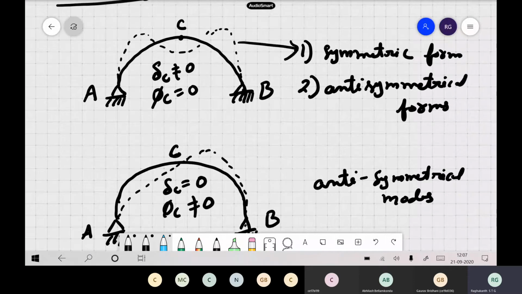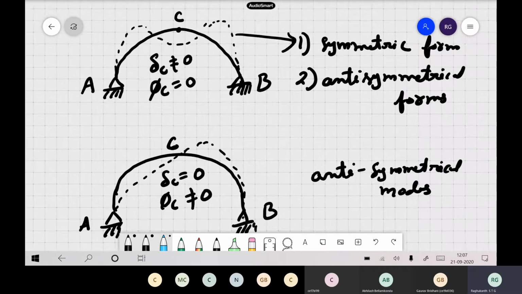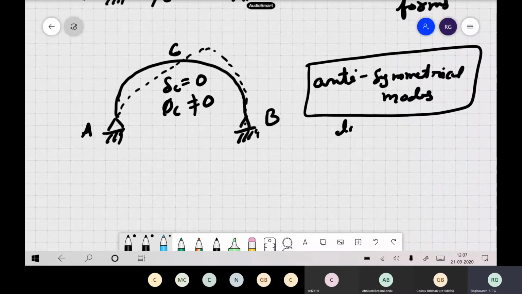Among these, see here, see how many inflection points you are having in the symmetric mode. You can see the shape of the arch is a complicated kind of shape, whereas in the anti-symmetric mode you have only this type of shape. But generally, of course, you can find it out mathematically also. So generally it is not the symmetric case, it is the anti-symmetric case that will give the lowest load. We can calculate it mathematically also. You can try with our equations itself for the lowest buckling mode. So this generally happens for the anti-symmetric case.